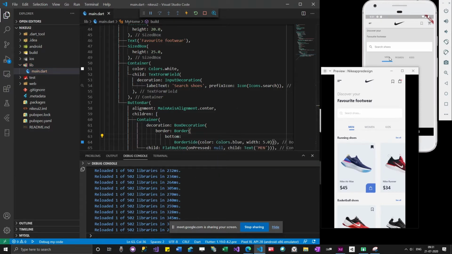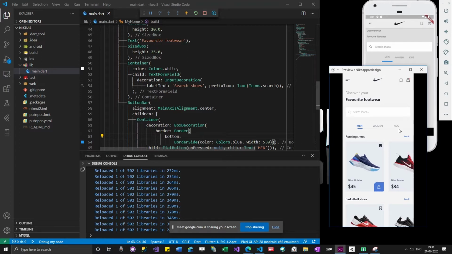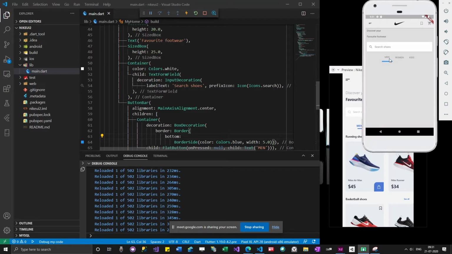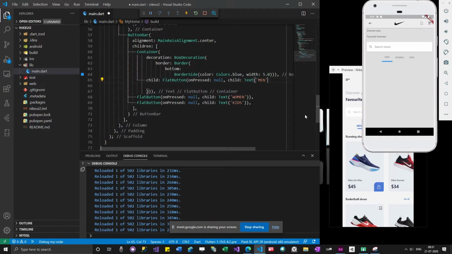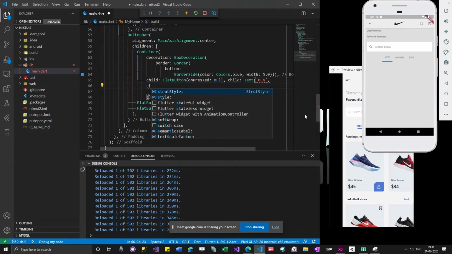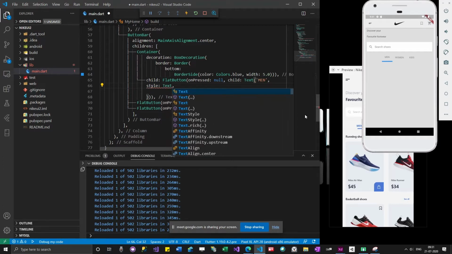You can see there is now an underline under this button. Then I have to make this text blue too. In order to add color to text we have to use the style property within text, and then text style.